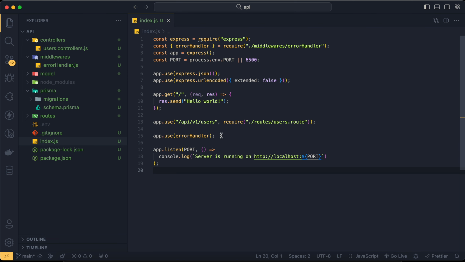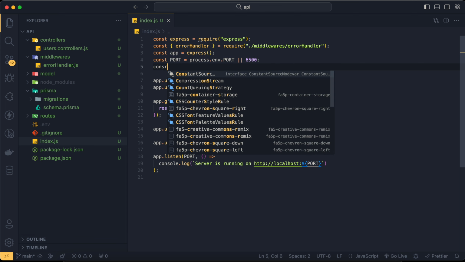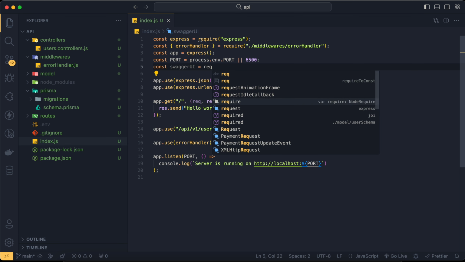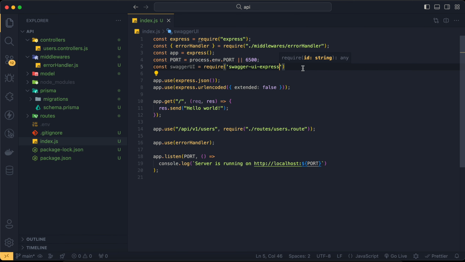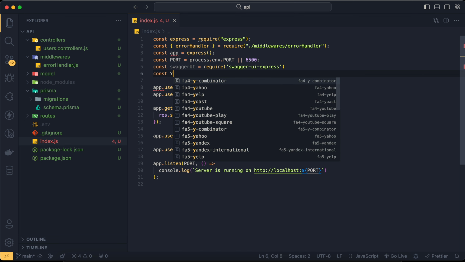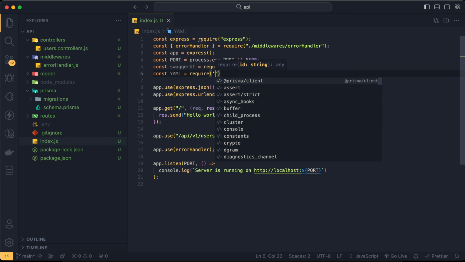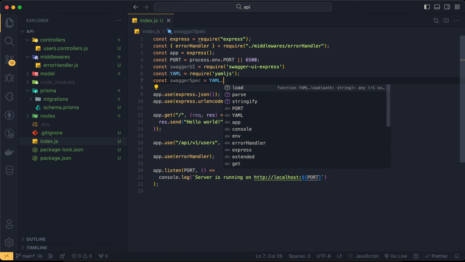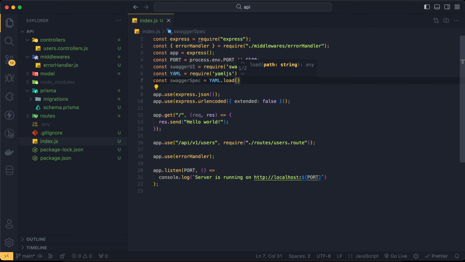First things first, we're going to need to require some packages that we installed. So I'm going to say const swaggerUI, and I'm going to require Swagger UI Express. After that we're going to require YAML, so require YAML.js. And then the last variable that we're going to define is swaggerSpec, and we're going to use YAML to load our YAML file. It's going to ask us for a string, and we're going to give it the current directory's path, and inside lib and